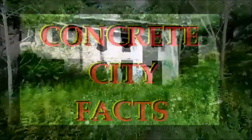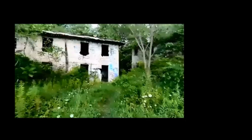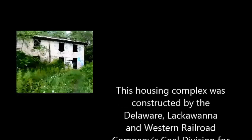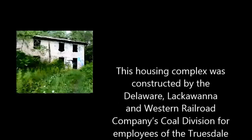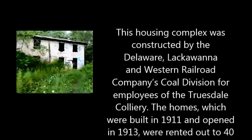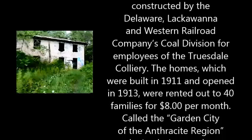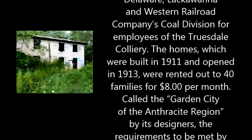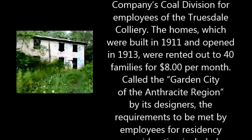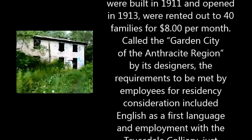I'll walk over here. This housing complex was constructed by the Delaware, Lackawanna, and Western Railroad Company's coal division for employees of the Truesdale Colliery. The homes, which were built in 1911 and opened in 1913, were rented out to 40 families for $8 per month. Called the Garden City of the Anthracite region by its designers, the requirements to be met by employees